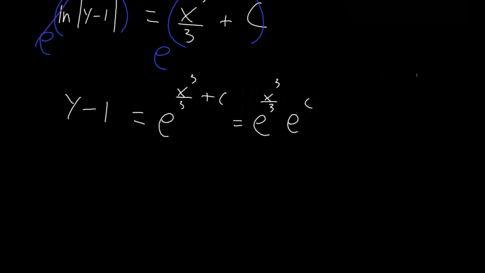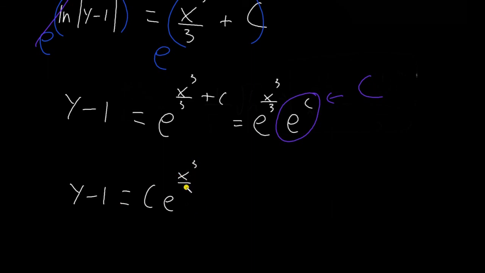And so, let's take a closer look at this e to the c. This is just a constant, right? e is a constant and c is a constant. So instead of having e to the c, we can just replace this with c, because it's just some constant number. I don't know what that number is, but it is some number. Okay, so if we simplify this a bit further, we'll get y minus 1 is c times e to the